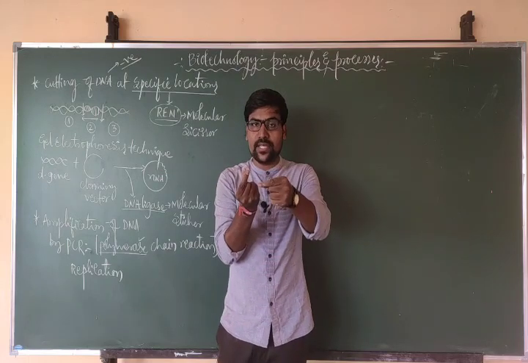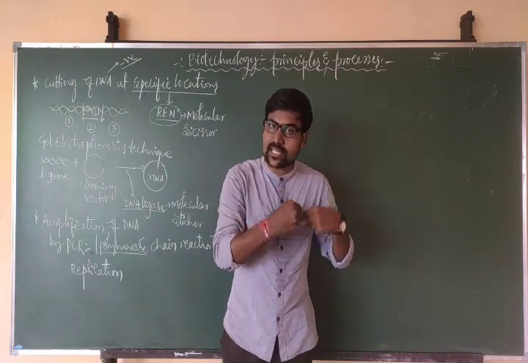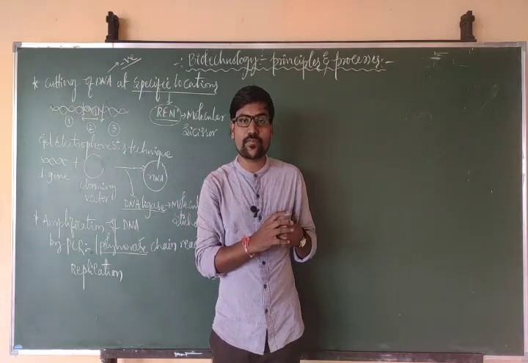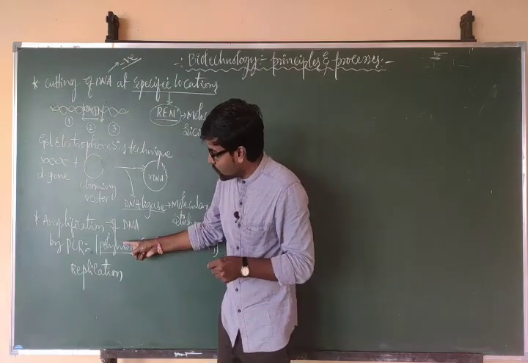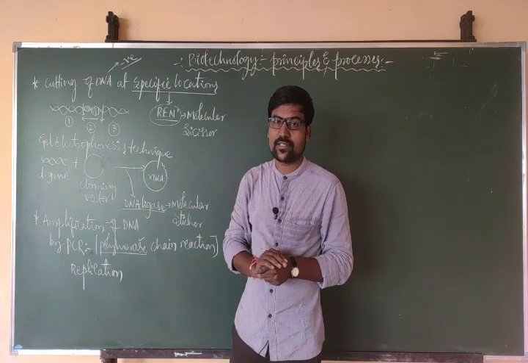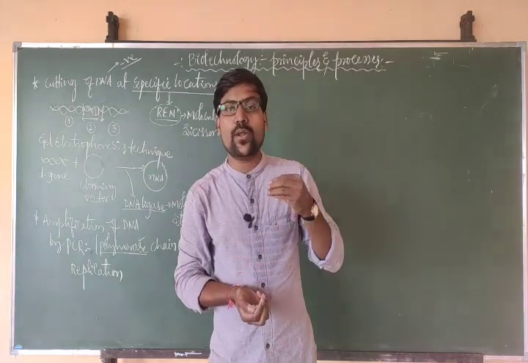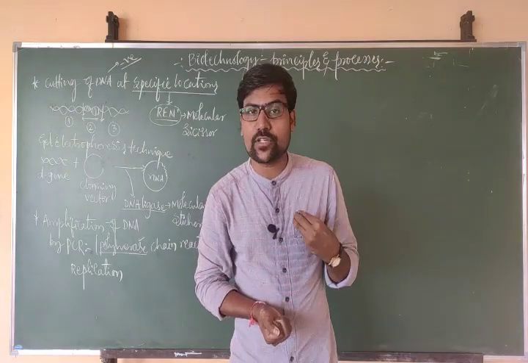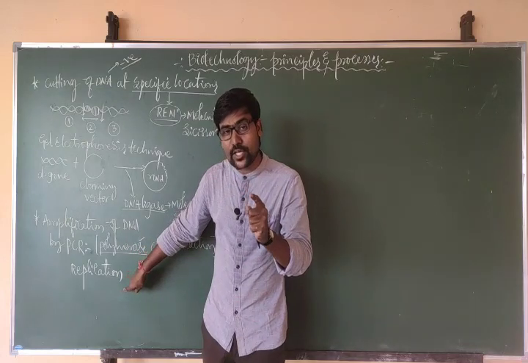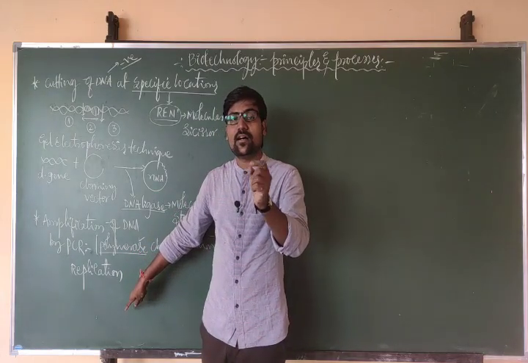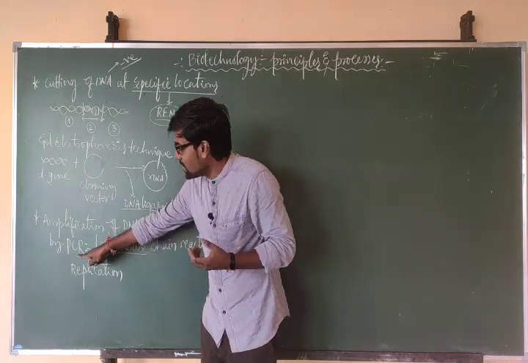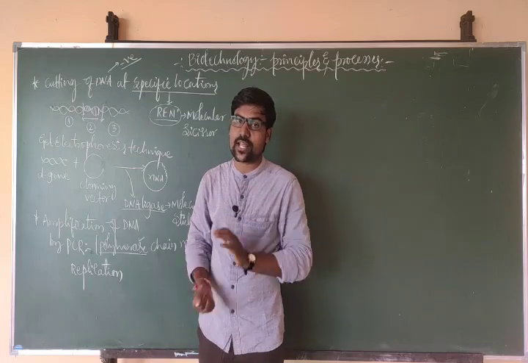So it should be doubled, meaning the same process that occurs inside the cell should occur in the test tube, that is, laboratory condition. To make that happen, we are using this PCR machine, polymerase chain reaction. Simple meaning: DNA will be doubled in our cell during cell division by the replication process. Now the same replication process should be done in laboratory condition by using one device. That device is PCR, polymerase chain reaction.